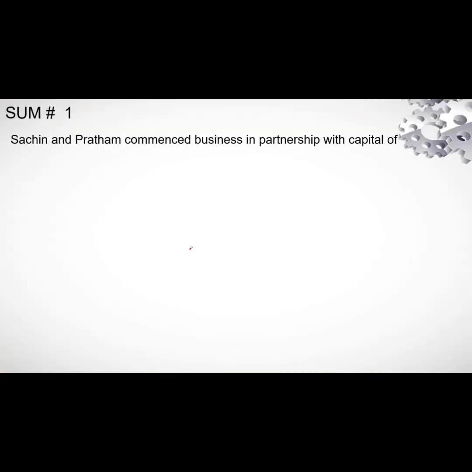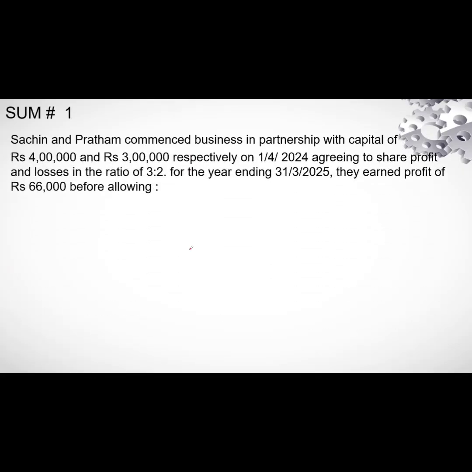Sachin and Pratham commenced business in partnership with capitals of rupees 4 lakhs and 3 lakhs, respectively, on 1st April 2024, agreeing to share profit and loss in the ratio of 3:2 for the year ending 31st March 2025. They earned profit of rupees 66,000 before allowing certain adjustments like interest on capital 5% per annum,